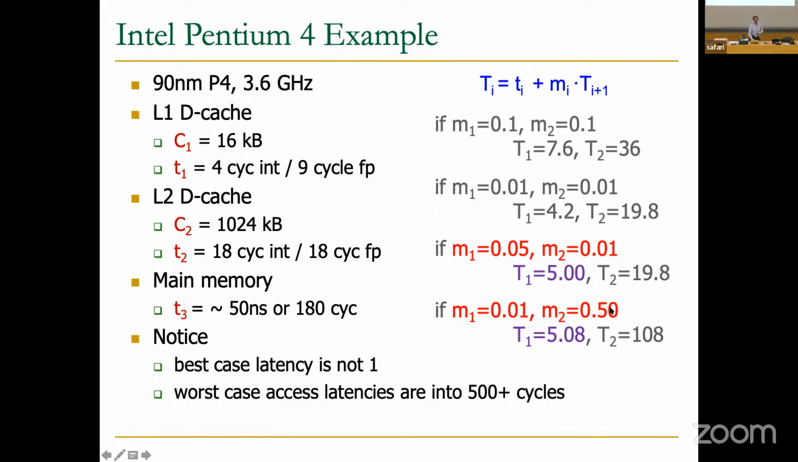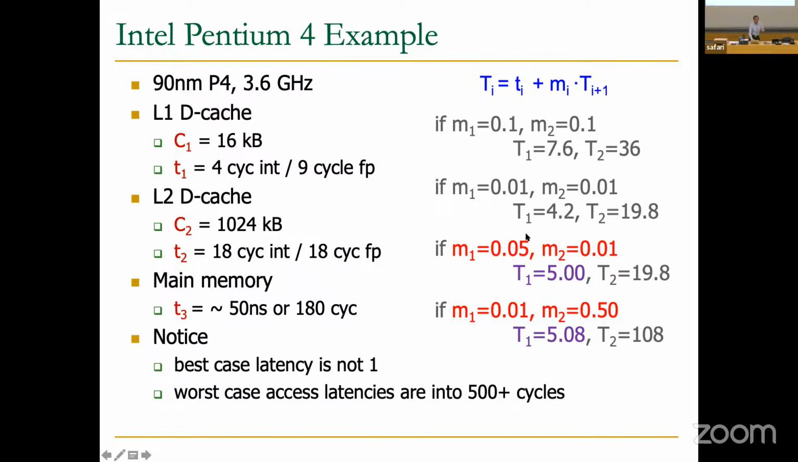Out of 1%, 50% may miss in the second level. And you still get an okay perceived access latency compared to the previous one. So this shows you that it really depends on what hits in the level. So there's a filtering effect that's going on, basically. A 5% miss rate over here,